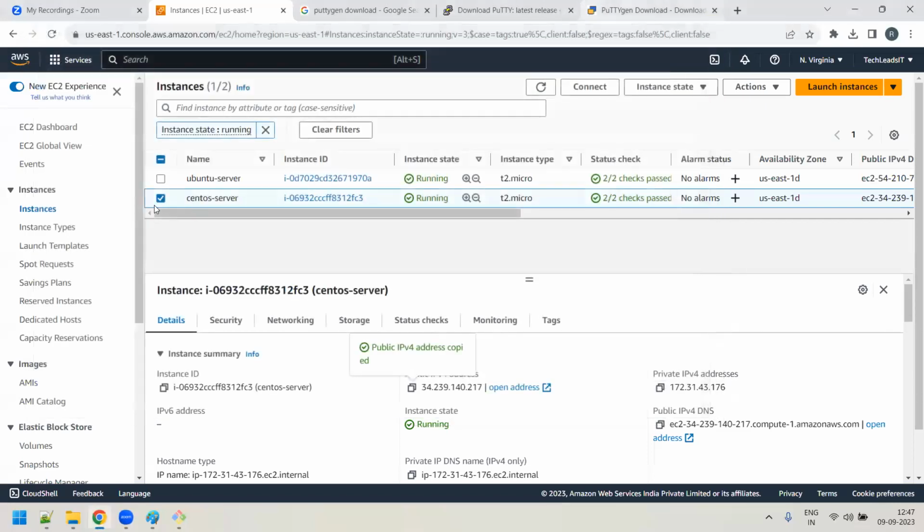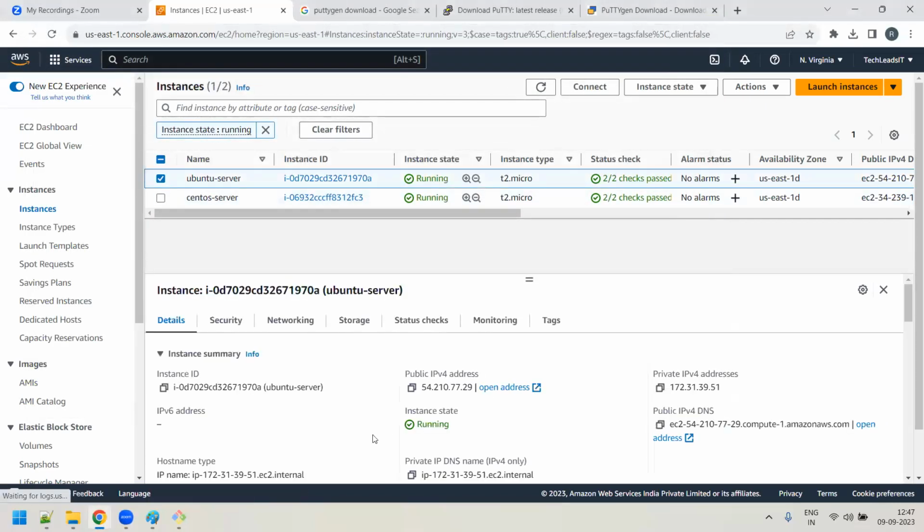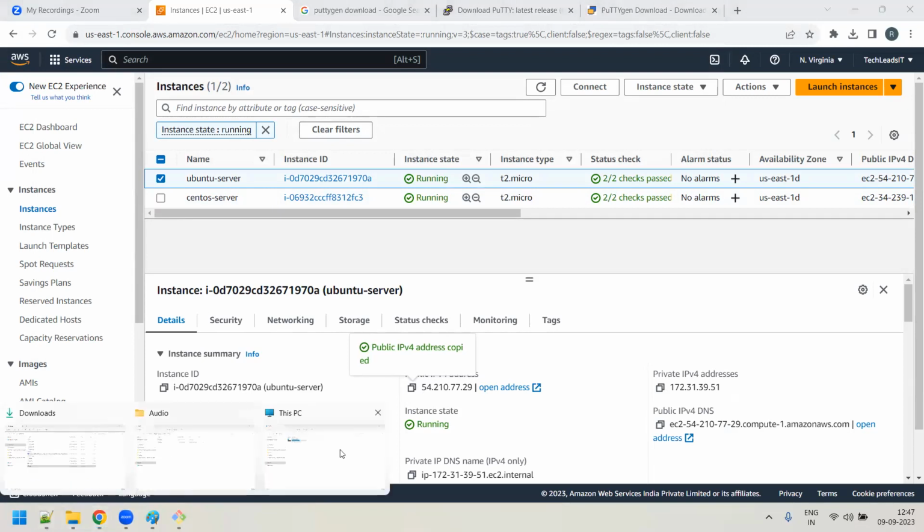Let me try out with the Ubuntu. Select the Ubuntu, you don't have to give .ppk. It's converting by default to .ppk. I think you type .ppk, but you select .ppk. It's created by default.